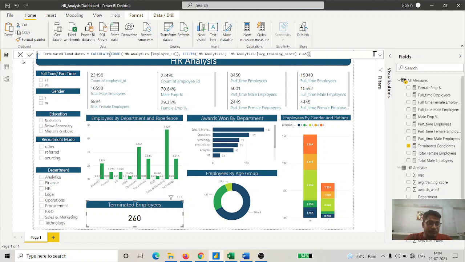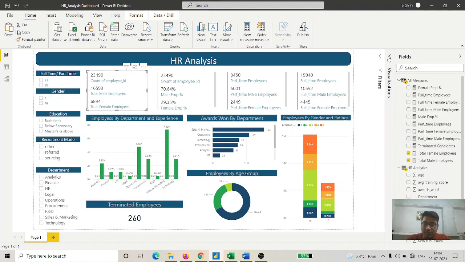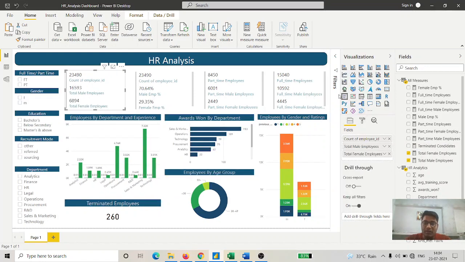Now come to our visuals. There are many measures I want to show as cards, but I have to show them in one report only, so I have used the multi-row cards. If you are going to visualize many cards, then you should choose multi-row cards because it is easy, it will not take so much space, and it will give you a brief idea of as many cards.